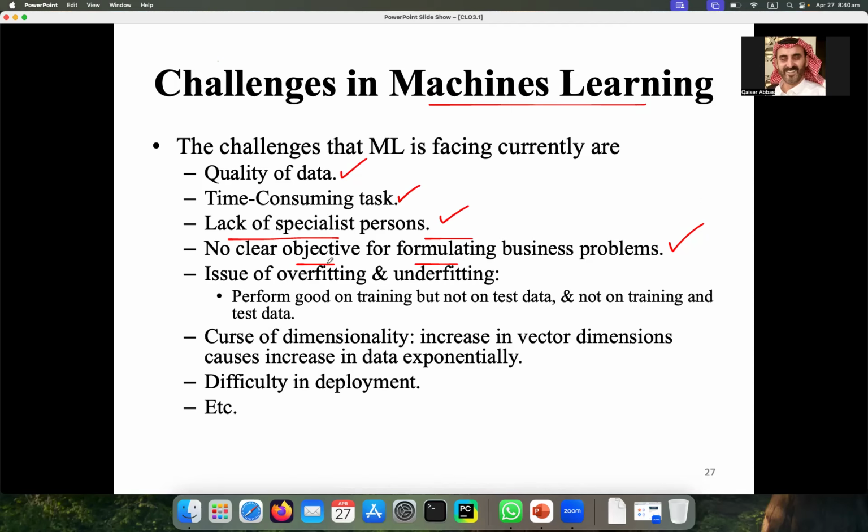Then you will understand the definition of overfitting and underfitting. Normally in machine learning, or generally in AI, if you have a model and that model is probabilistic, then you have the data for that model. That model is your program. So then you have input data for that program.